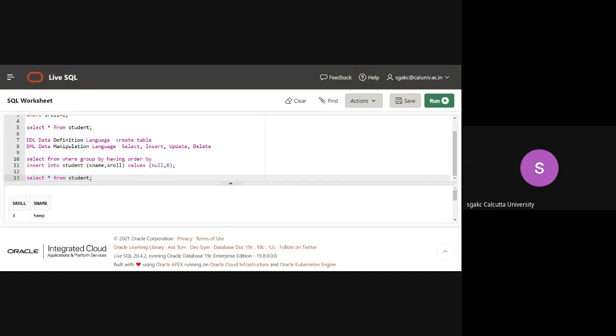So now let's come to the other one, which is update. So when you are using insert and delete, the number of rows in the table can potentially change, because you can insert some new records or you can delete some records, right? Whereas if you are using update, then the number of rows doesn't change. The value of a certain column can change, but the number of rows that existed before the update statement and after the update statement will be the same. So this is one of the critical things.